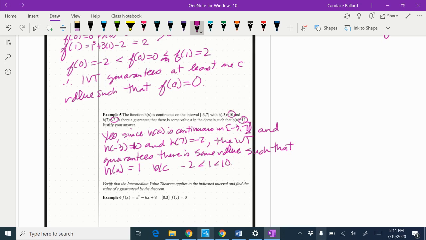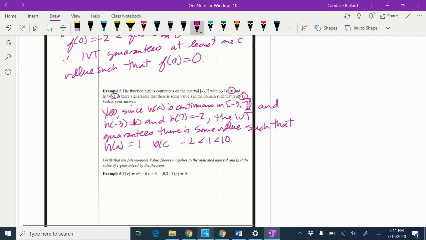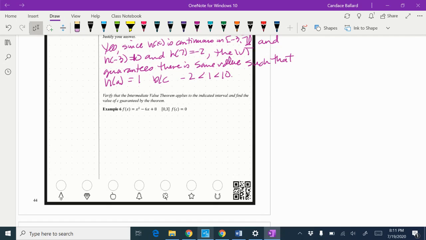All right, so now we're going to verify that the intermediate value theorem applies to the indicated interval and find the value of c. So we actually have to find the c value. So we're going to do kind of a little proof first, and then we actually have to calculate the c value, which was our second I can statement today. We're going to start by saying, first of all, is that function continuous? So yes. Since f of x is continuous on 0 to 3,